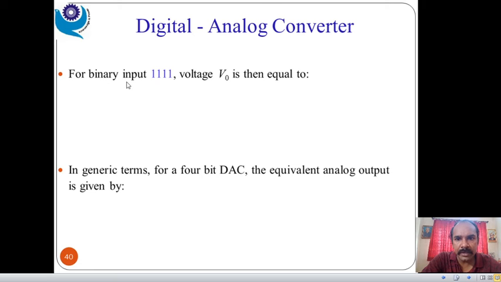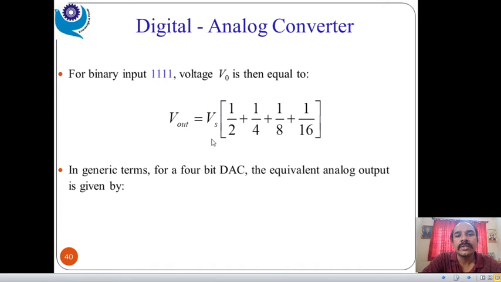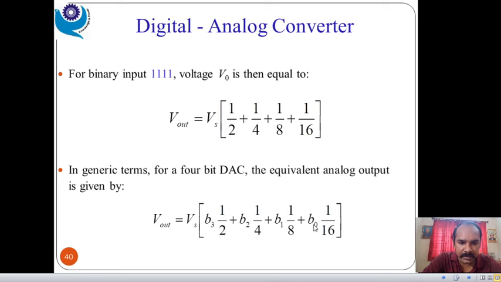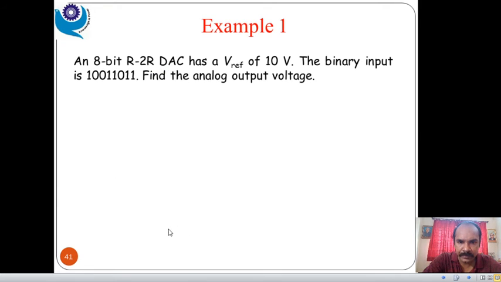So for binary input, if we take the example of four 1s, the output voltage is given by this simple equation. The same equation will be obtained in the binary weighted resistor also. V out is equal to Vs times 1 half, 1/4, 1 upon 8 plus 1 upon 16 in this pattern. So when we give the input 1 1 1 1, here we can see these are the binary patterns, B0 B1 B2 B3. All these we can keep over here and calculate the output voltages, right?